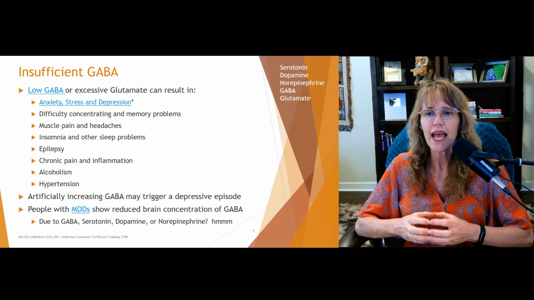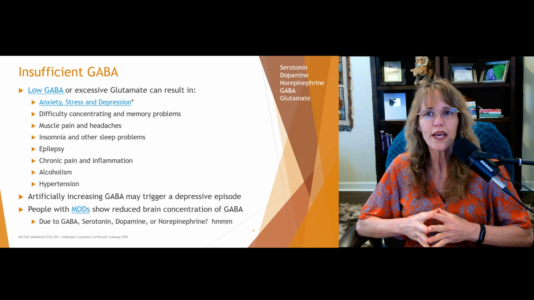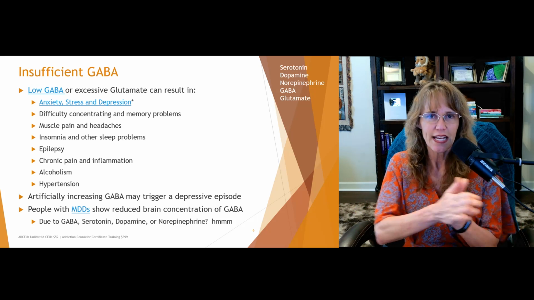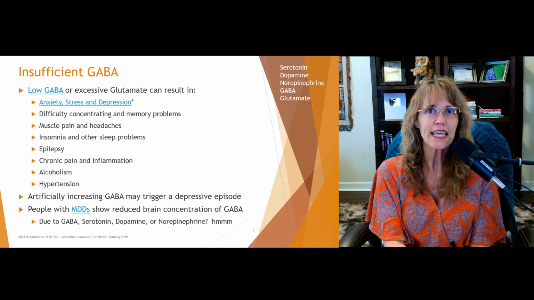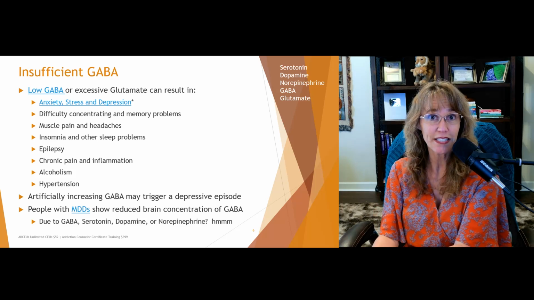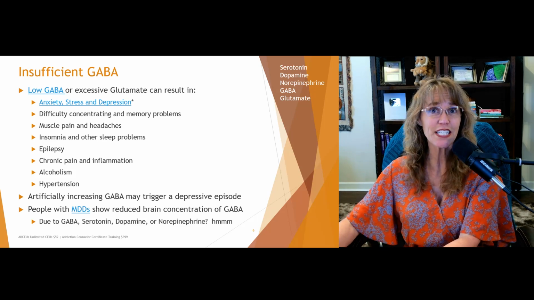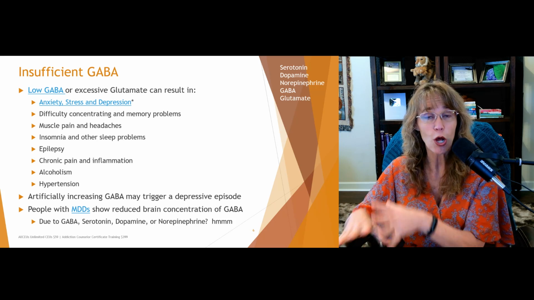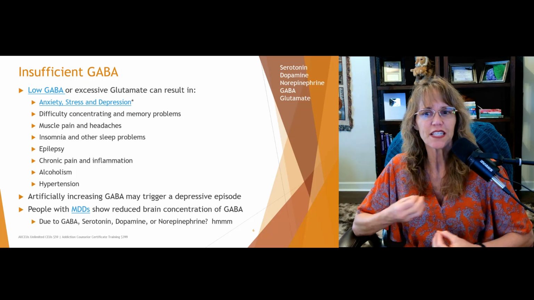Alcoholism and hypertension. Well, alcoholism is also associated with differences or changes in the GABA and glutamate system. As I mentioned earlier, when people drink alcohol, they greatly increase the amount of GABA in their system briefly. And then as the alcohol leaves their system, the GABA levels don't stay stable. They plummet and people start to feel anxious.